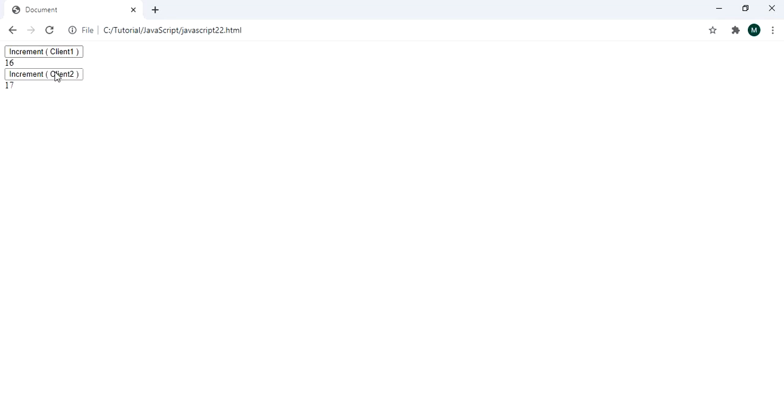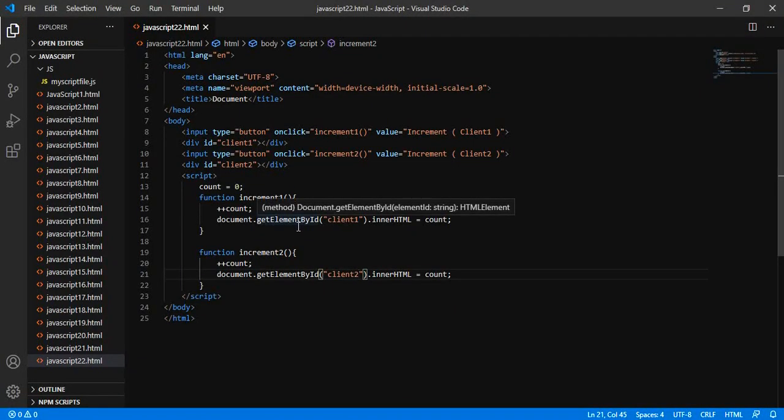What I wanted is to show a separate increment for these two clients, but it is showing me the same increment for both clients. So we must be thinking about the count value that is getting incremented because it is on the outer side as a global.